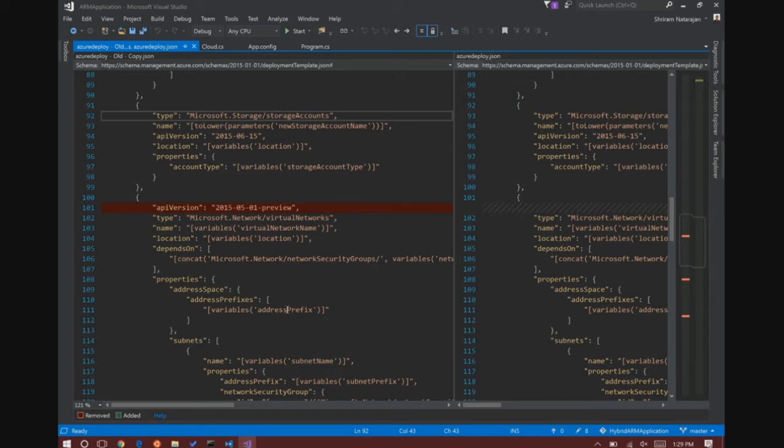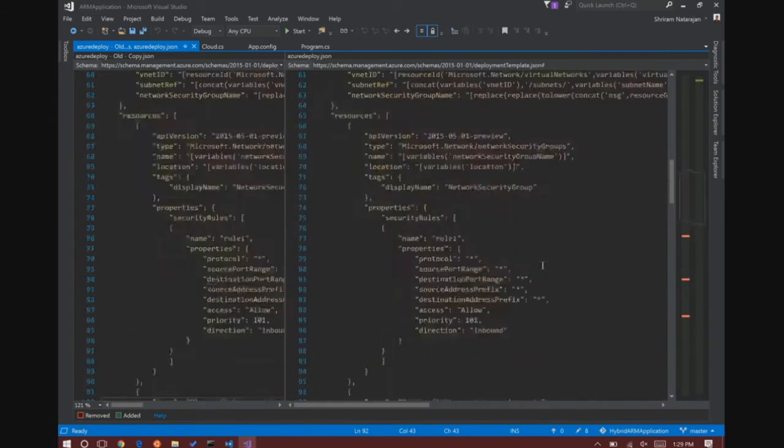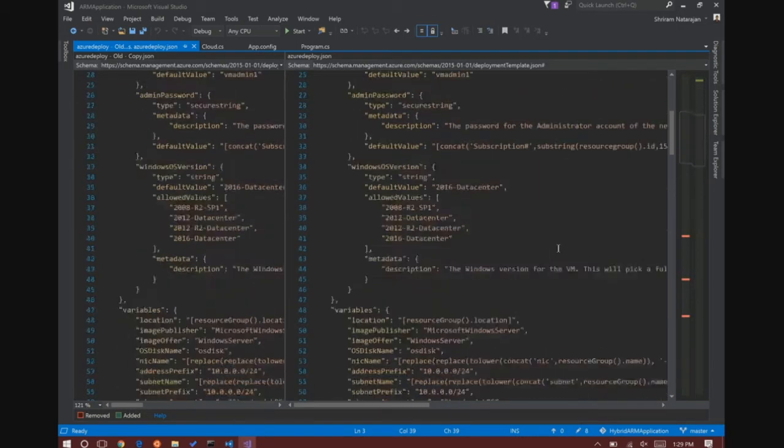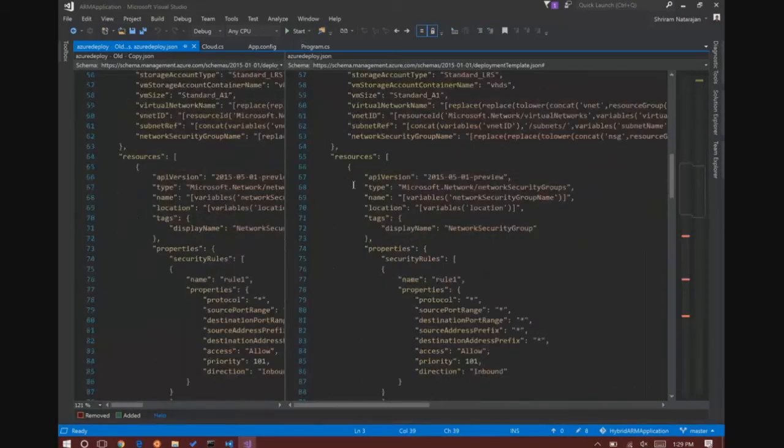So what we have on the right is an ARM template. It's the exact same ARM template, but it's got a profile defined on top. So now this profile is internally mapped, and there's going to be documentation on what profile maps to what API versions. But at the top of this template, you define what the API profile for that template is. And when you look at the individual resources in the profile,